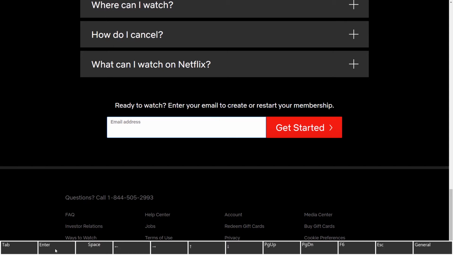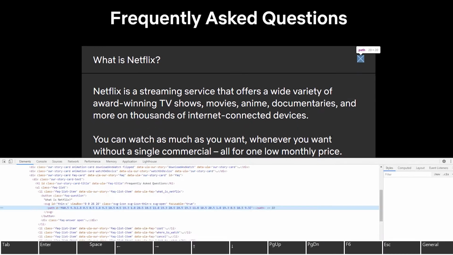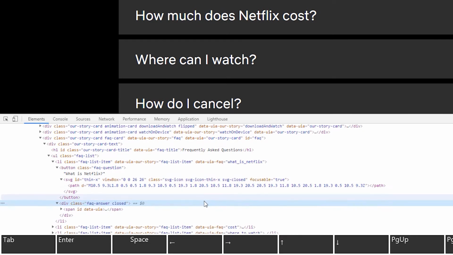All right, a get started button, I think I can complain. I think it's okay. I think it's fine. Yeah, it's fine. Okay, so we know what's wrong with these accordions. Now, they don't have any focus. Let me see if they have any states. So this accordion opens with this div.